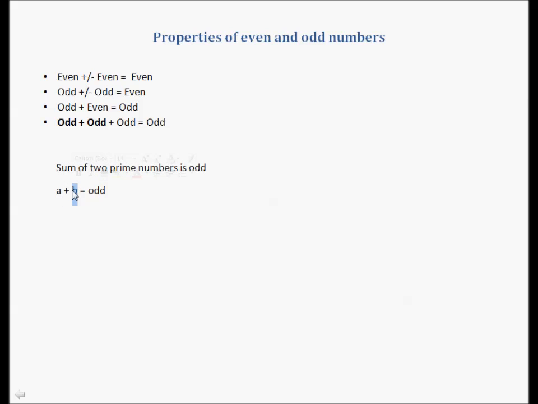And we know that the only even prime number is 2. So B has to be 2 and A can be any other prime number. So by using the properties of even and odd numbers, as well as by learning the special rule that 2 is the only even prime number, we have already deduced one of the prime numbers, which is 2. In this way, if we keep track of small things in our concept building, we sort of simplify the question and we can arrive at the right answer very easily and without wasting a lot of time.